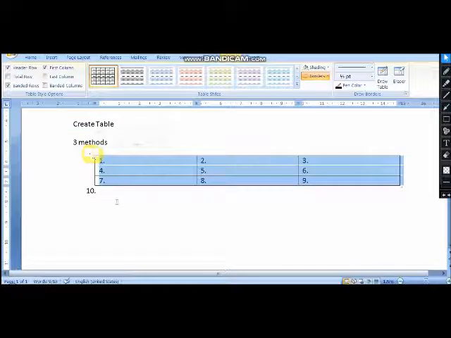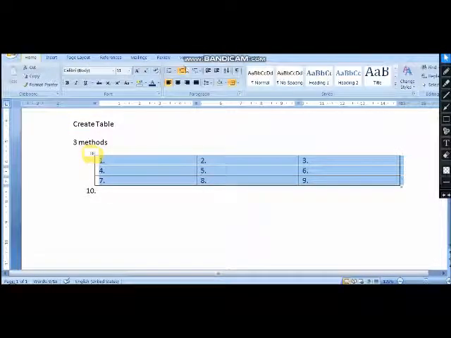See, here I have selected the table. Again click on home and these numbers we have deselected. So the table is inserted. This is the first method.